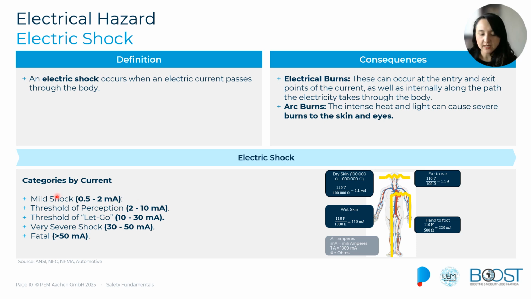Here we have different thresholds and the effect of those thresholds on our body. When we have very low currents, maybe below 2 milliamps, we just feel some tingling in our hands, depending on the part of the body that is touching the conductor and the loop the current makes through our body. At very low currents, we will just have the tingling that most of us have already felt before. Then if we increase the current a little, for instance from 10 to 30 milliamps,